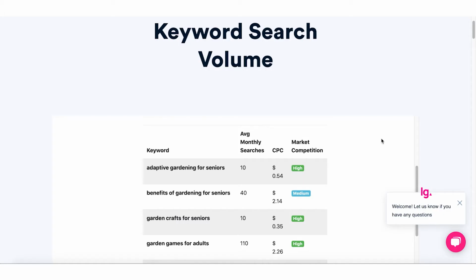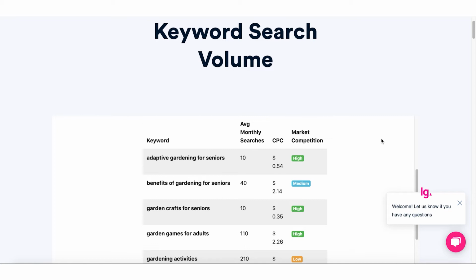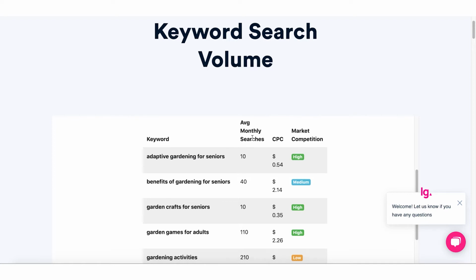So as I go through these results, I'm starting to see that some potentially good long tails to target could be garden games for adults, gardening activities is a good one as well. And as I'm starting to look deeper and deeper here, I'm noticing that gardening activities for seniors is potentially not as great of a long tail as I thought it might be. So this would be an example where maybe I have to go back to the drawing board in the beginning of this method, in which I just search for gardening products and I go through another set of long tails to try to figure out what could be a better piece of content to create.